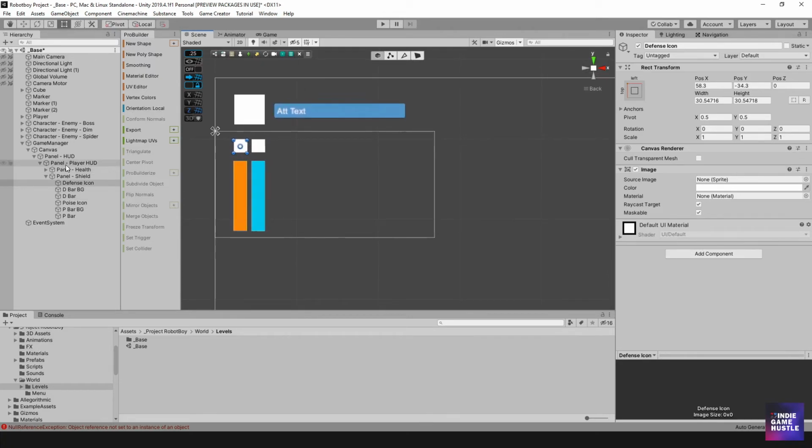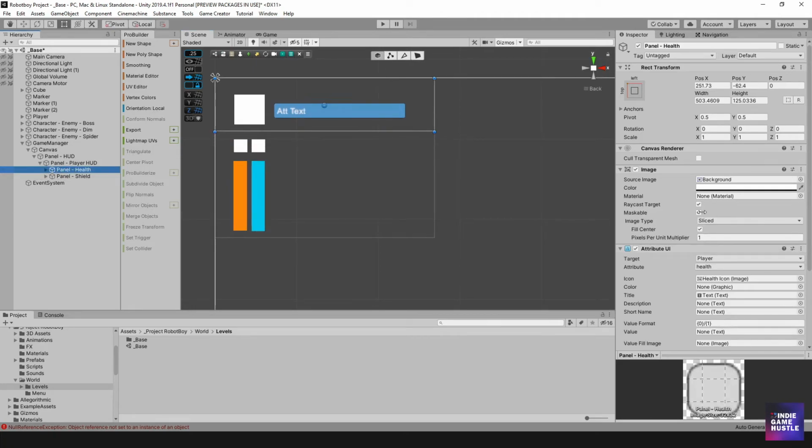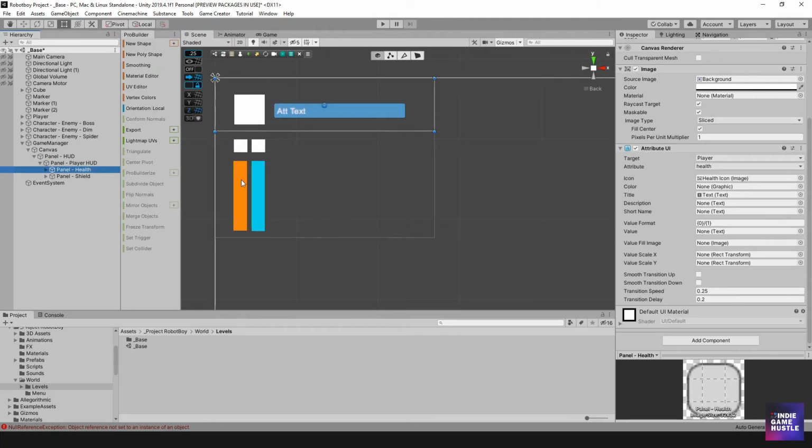All right, so let's take a look at the health. Going back to the health, we need to do a similar thing. What we want to do is go back to our health attribute UI and take a look at our description. We're not putting a description. We're not using the short name anywhere. We could use the short name, so instead of the text being the title, we could simply take the text and make it the short name. So I'm going to remove this one,